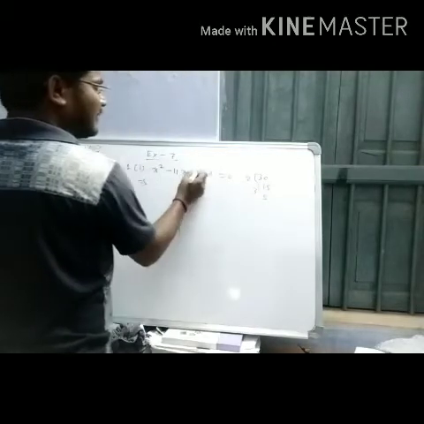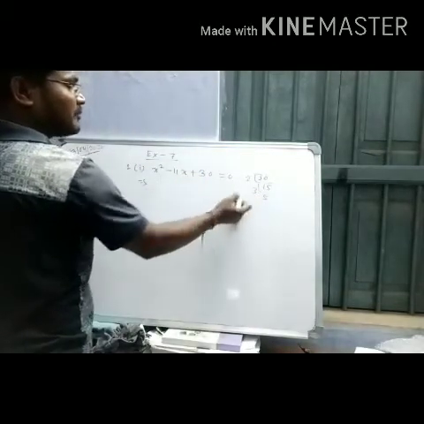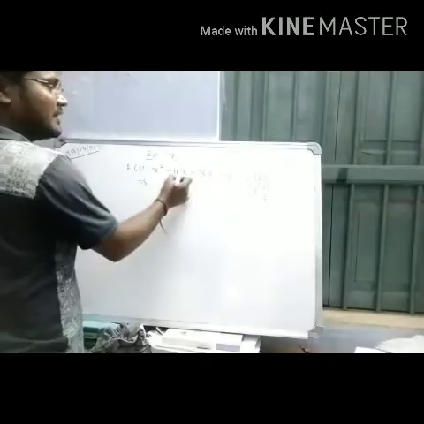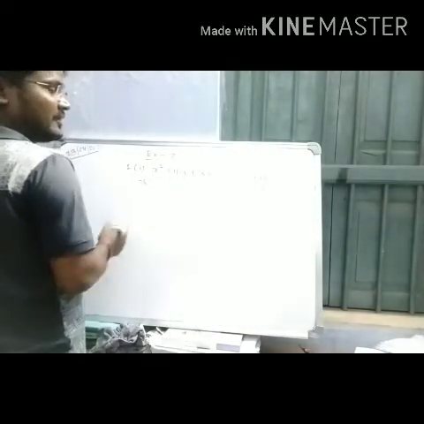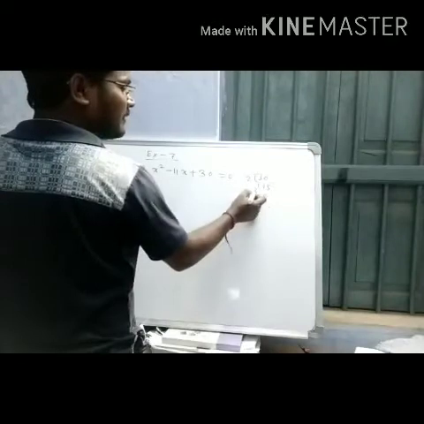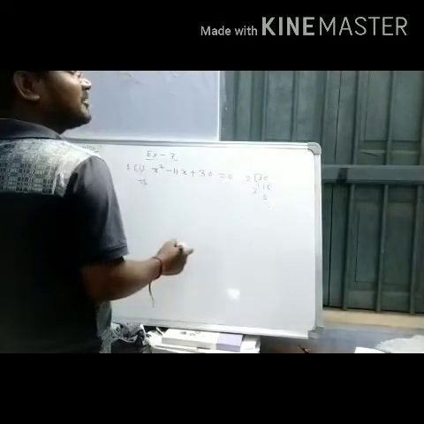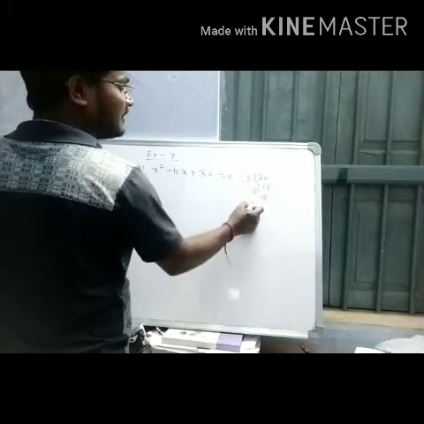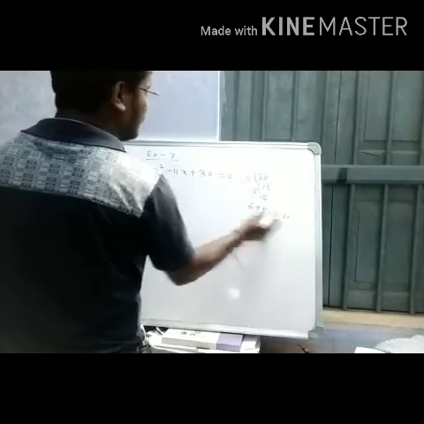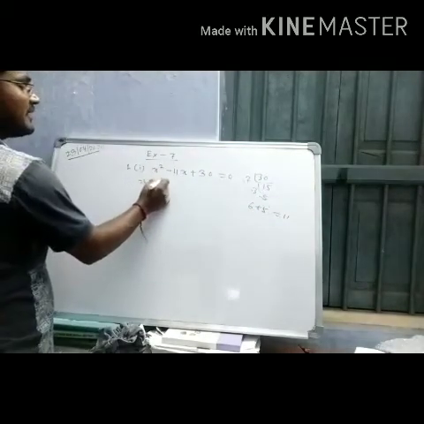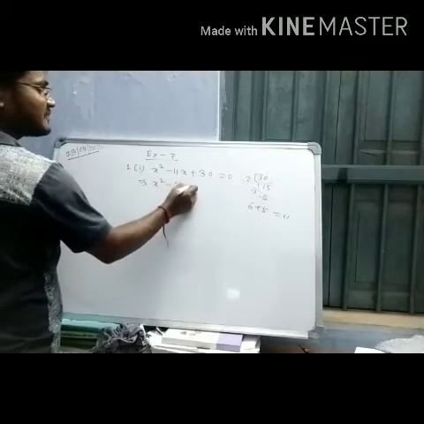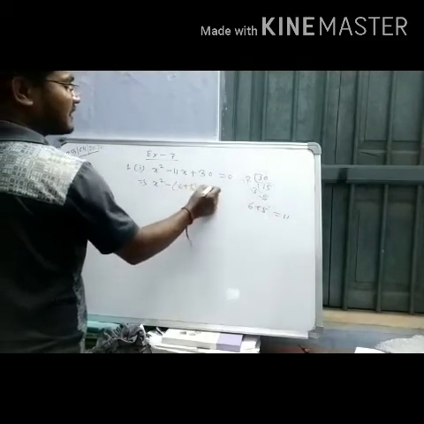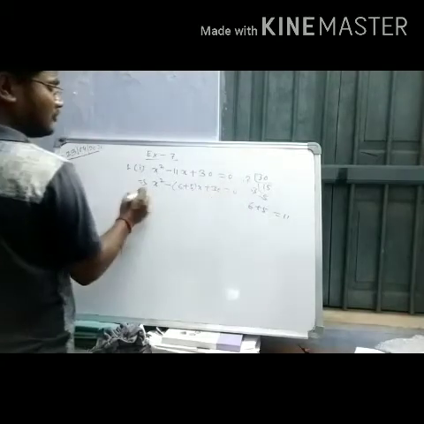Now here it is a plus sign. With the help of the sum, meaning addition, you have to match 11. Now make two numbers. 5 times 3 is 15 and 2: 15 plus 2 is 17, not possible. 2 times 3 is 6 and 5: yes, 6 plus 5 equals 11. So in place of 11x we can write x square plus 6x plus 5x plus 30 equals 0.